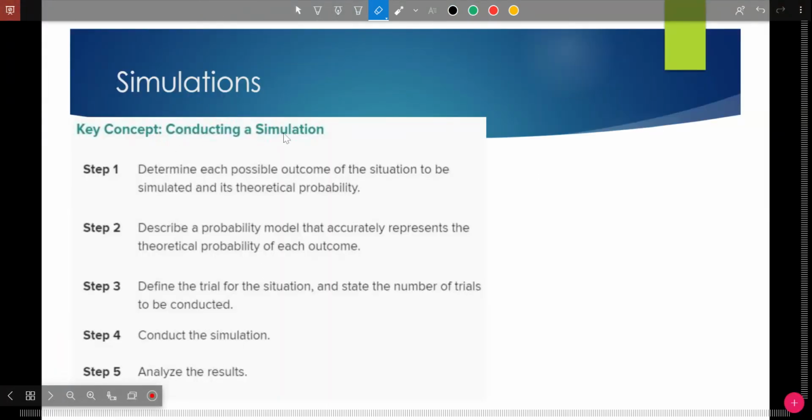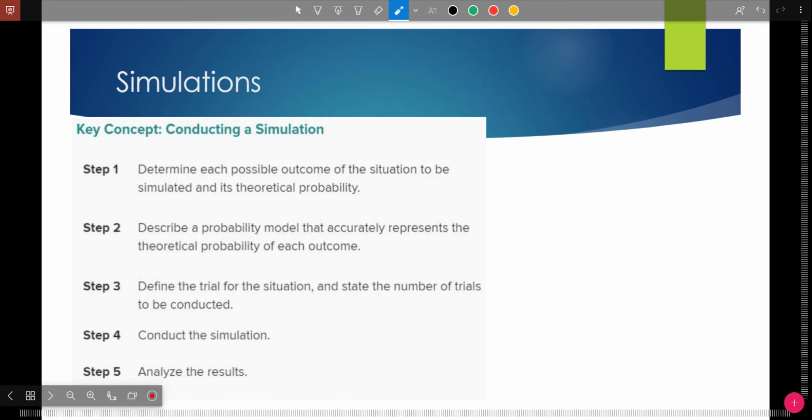And so to conduct a simulation, you're going to have to describe how to do it today. These are the steps you'd have to do. First, you have to figure out, if the situation has 4 possible outcomes, is each one 1/4? Or maybe one of them is 20%, one is 30%, one is 40%, one is only 10%. So you've got to figure out how likely each thing is theoretically to happen,